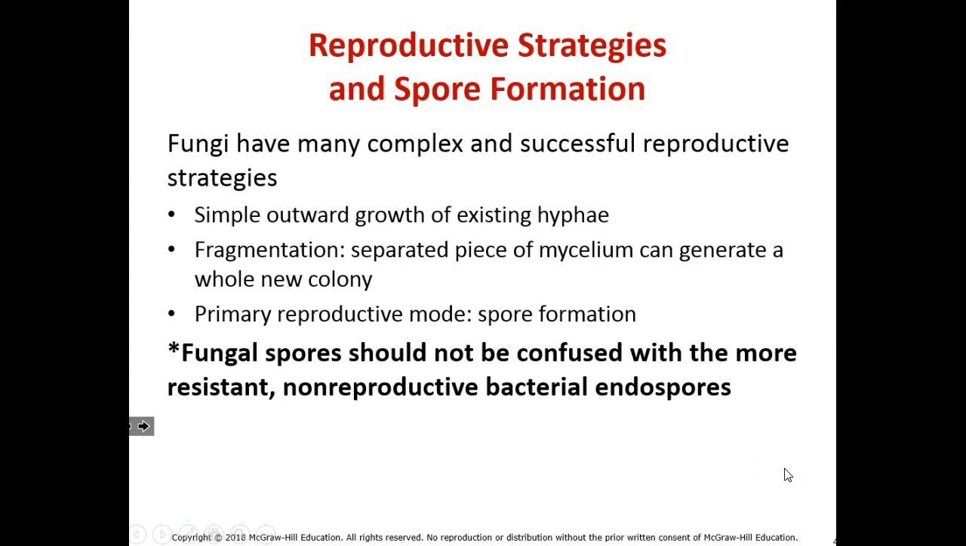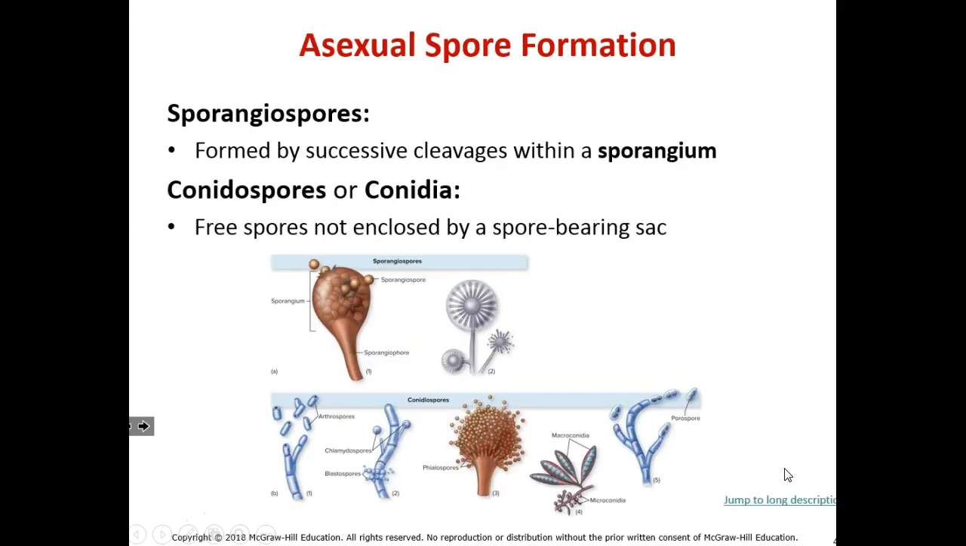Fungi have many complex and successful reproductive strategies. Simple outward growth of existing hyphae, and fragmentation: a separated piece of mycelium can generate a whole new colony. The primary reproductive mode is spore formation. Fungal spores should not be confused with the more resistant, non-reproductive bacterial endospores. So when we talk about spores related to fungus, we are not talking about